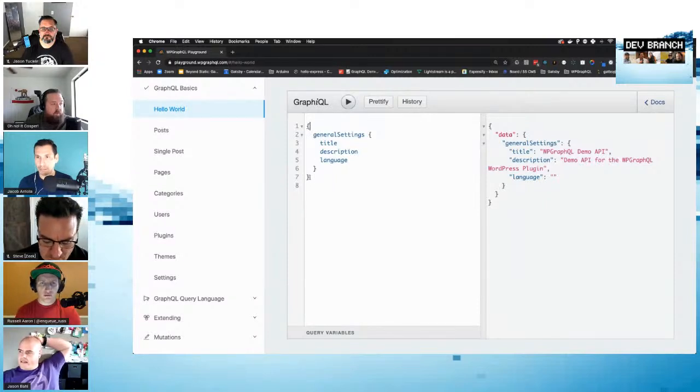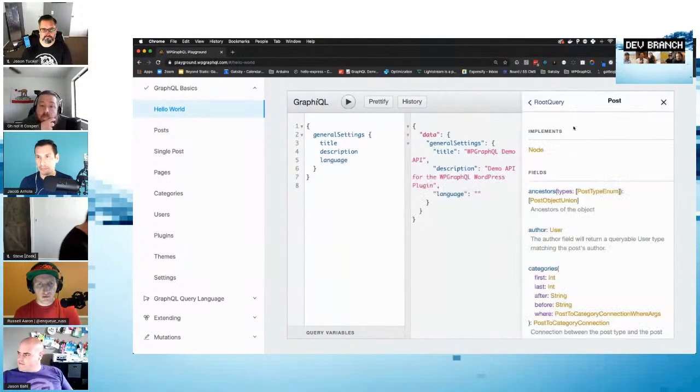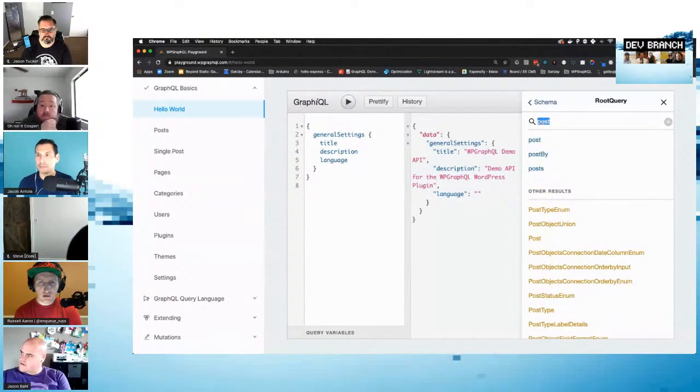Basically, anything in the brackets would be called a selection set, and you select fields. Okay. And so anything here would be called a field. If that maps to a type, like if we look in the schema under general settings